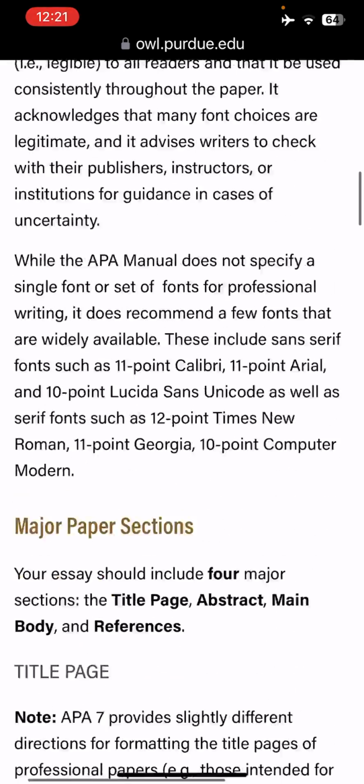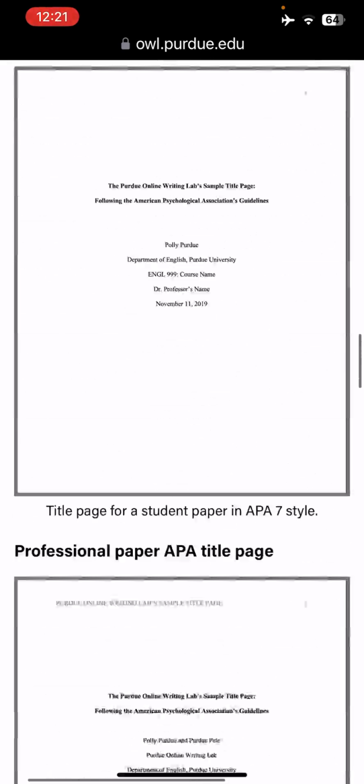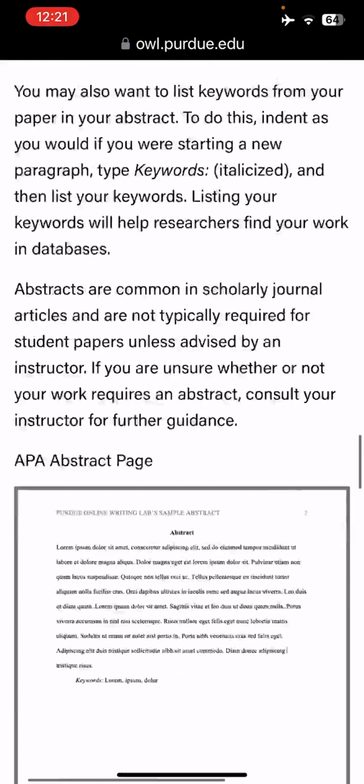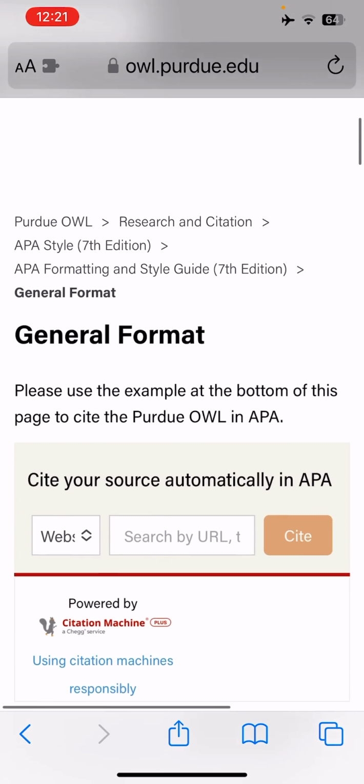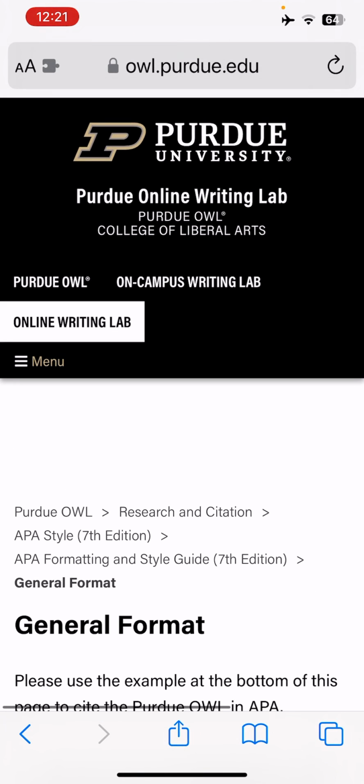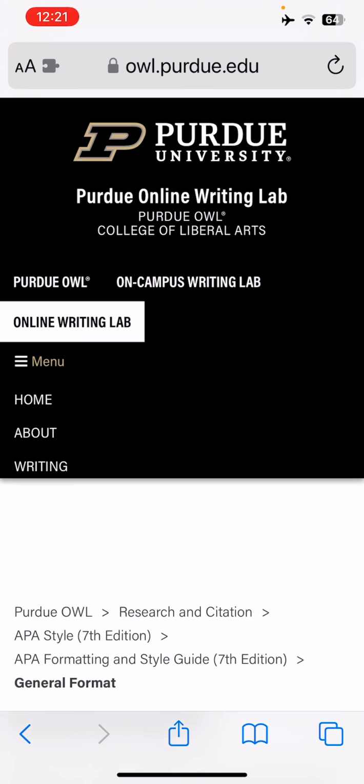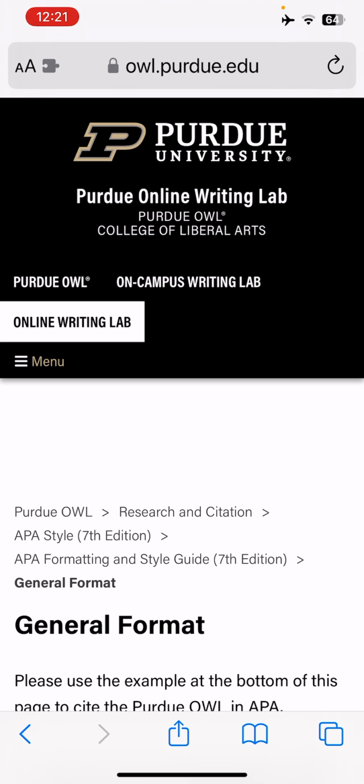So it has general ideas, the font. So it's so much easier on a laptop, I'm going to tell you right up front, because it has all these tabs and you can just read through and see what it's looking at here. It's probably going to be under this menu. And again, I'm sorry. If I could show you on my laptop, you'd be able to see that it has all these different things where it'll say, okay, citations, it'll have references, it'll have how do you cite a video, how do you cite a novel, and those are all things you want to be able to find pretty quickly here.